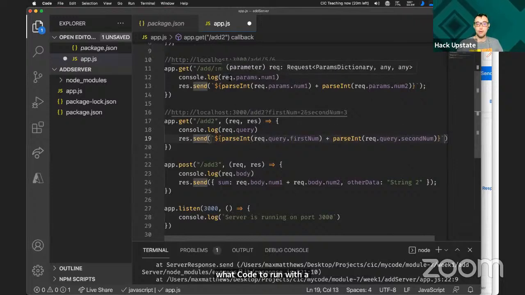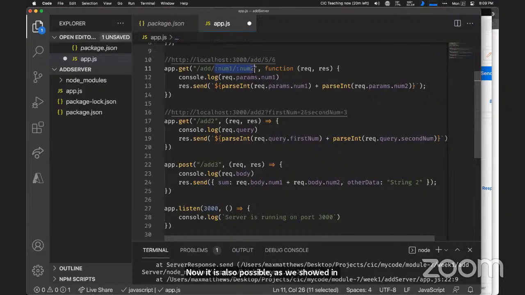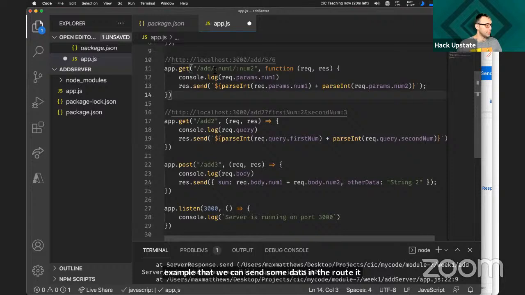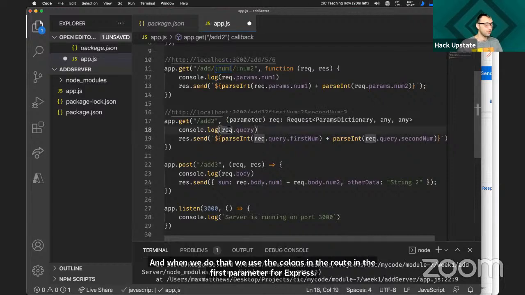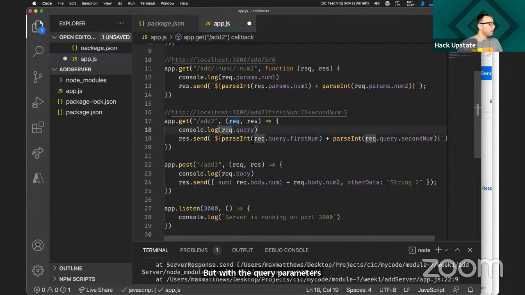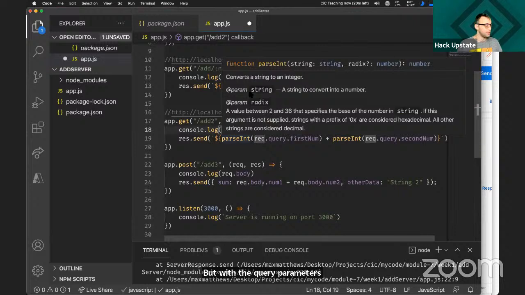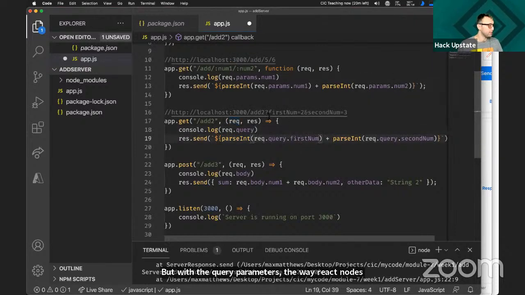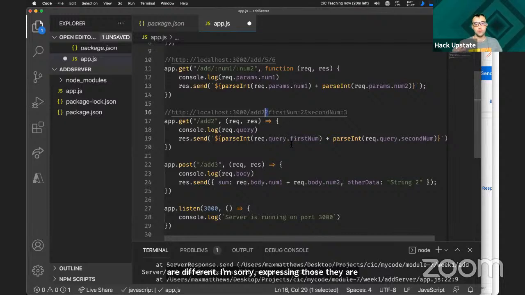Now it is also possible, as we showed in our first example, that we can send some data in the root itself. And when we do that, we use the colons in the root in the first parameter for Express. But with the query parameters, the way Express knows they are different is because that question mark is there. So the question mark is telling Express the root is now over.